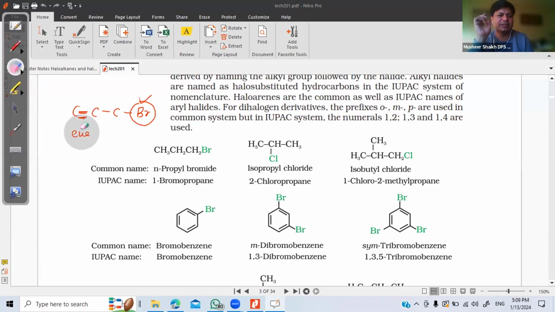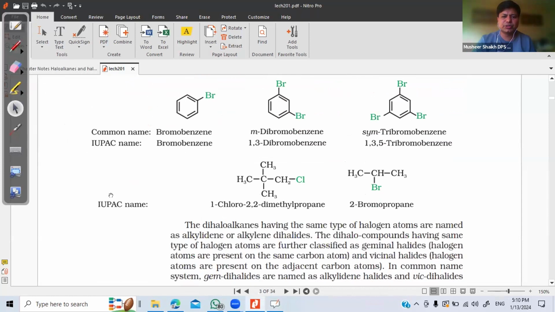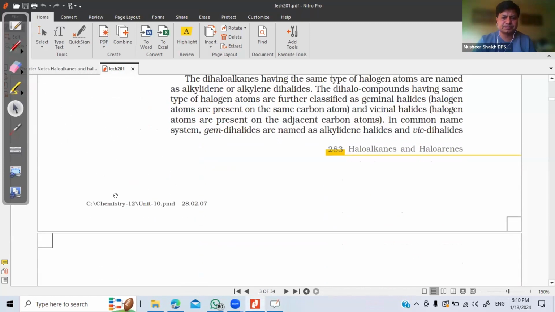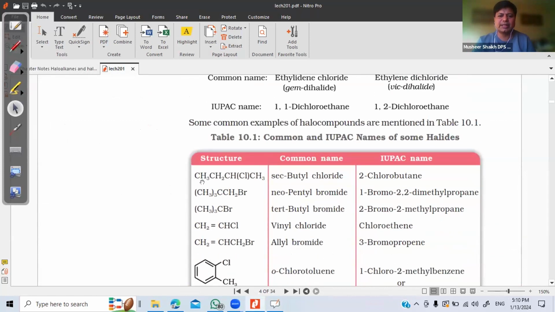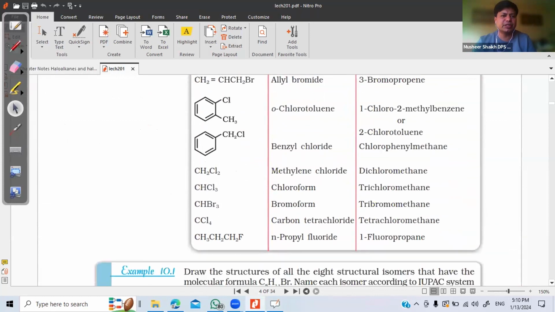Say in this case, suppose I give an OH. Then the priority will go to the alcohol group and then this. So you have to learn the priority of the functional groups as given in grade 11, and according to that, you have to give the name to the compound. Not more than 1 mark usually they ask in the board. Usually the IUPAC names are from the textbook only, so you must give attention to all these IUPAC names which are given in the